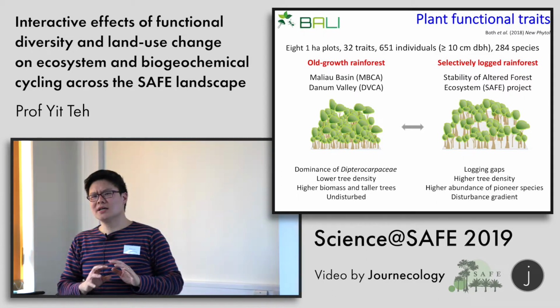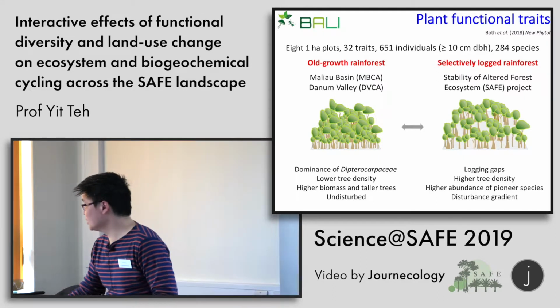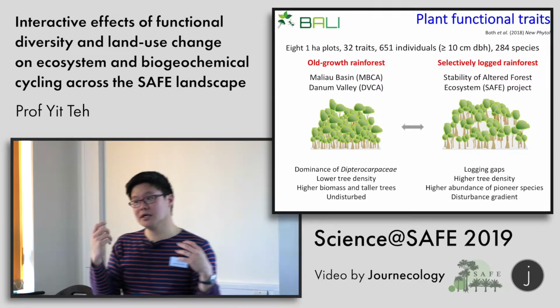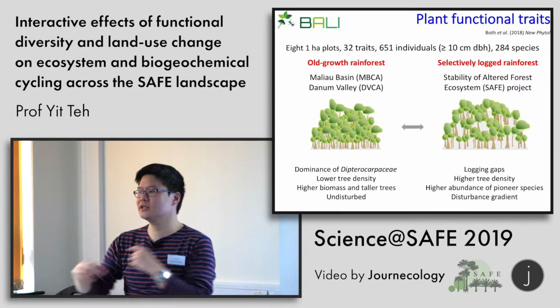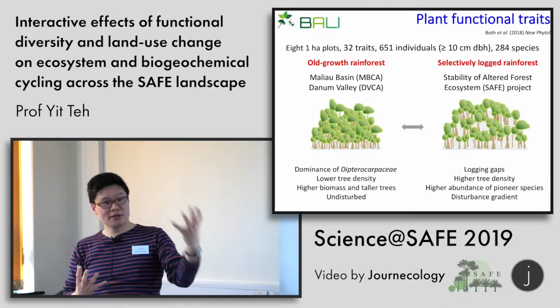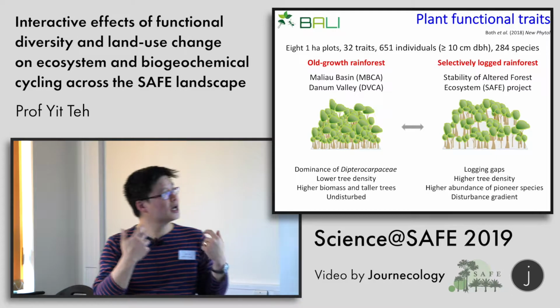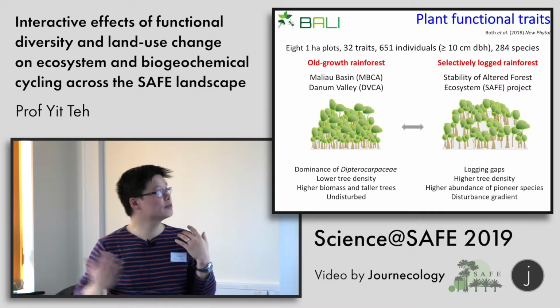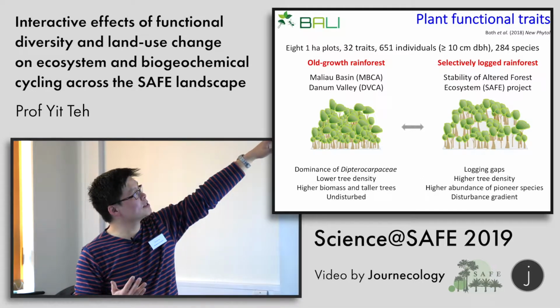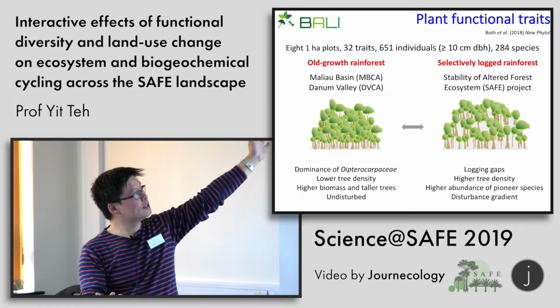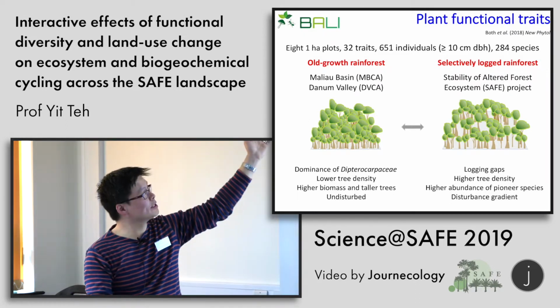And again, you're probably all quite familiar with this, so I'll try and keep this moving. But I think the highlight from this is that the functional trait composition of the plant community was determined by a mixture of direct land use effects from logging, as well as the underlying soil properties. So there are a number of traits, for instance, linked to nutrient composition that were reflected, so underlying soil properties that were linked to